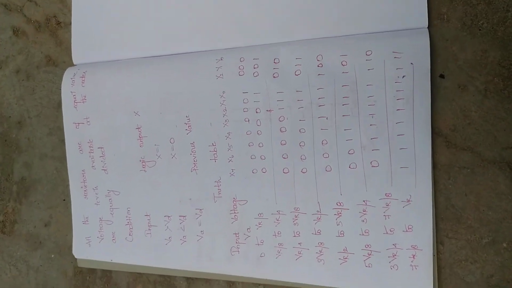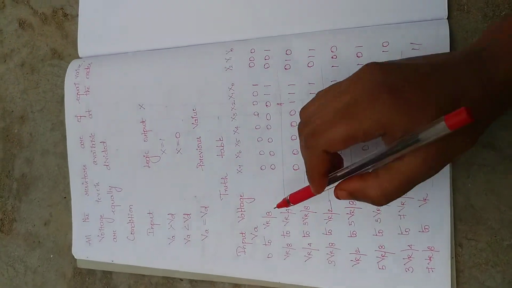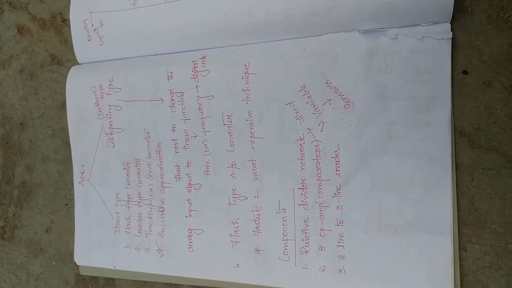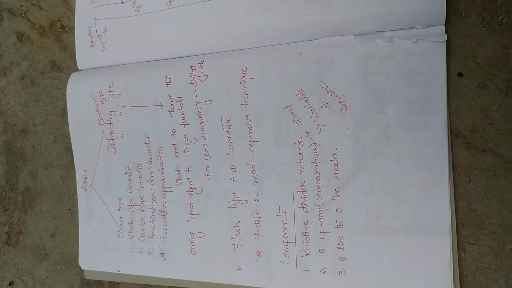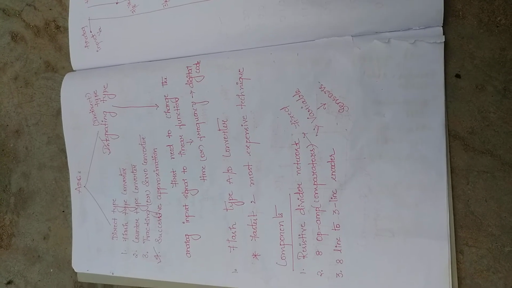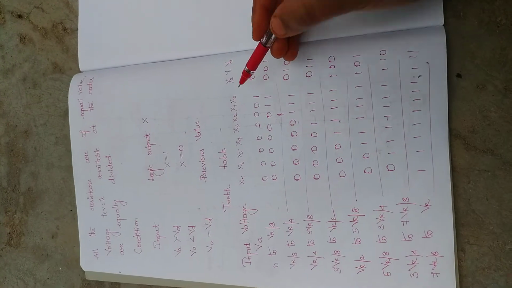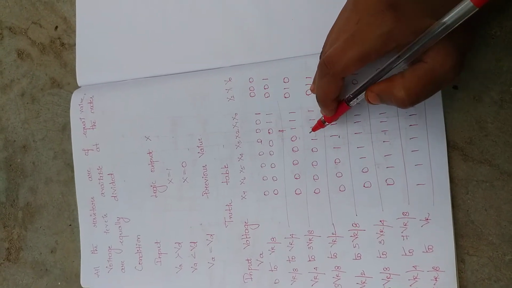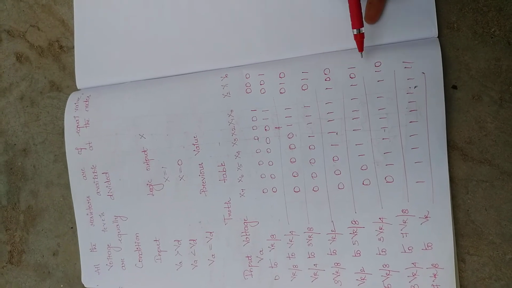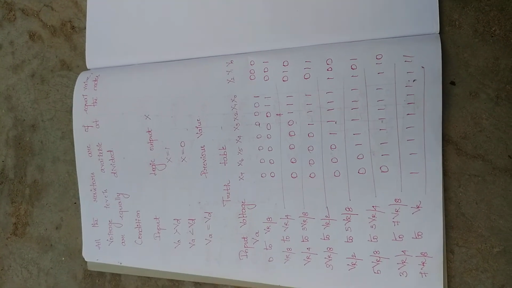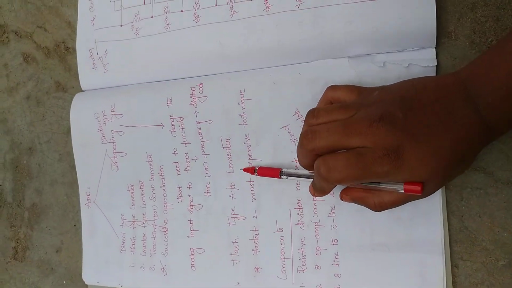Here you are going to use these divider networks, that is 0 to V by R times of 8, and V by R times of 8 into 1 by 4 times of VR, and these are your various analog inputs. For each step you will be getting the ones, and you will be having the series order of your digital output. So this is the function of your flash type A to D converter.